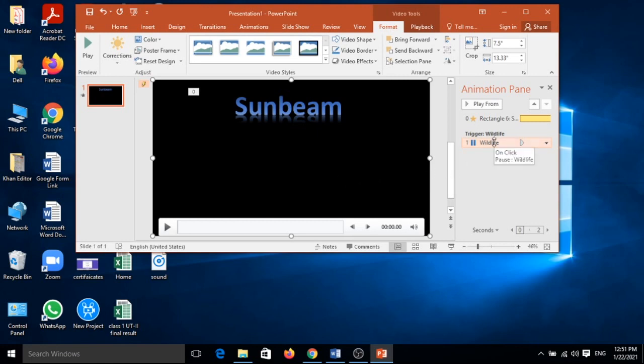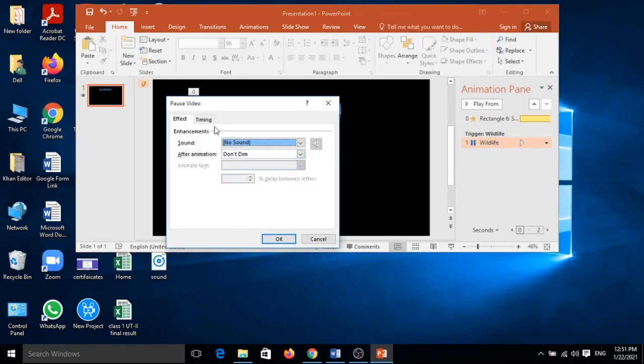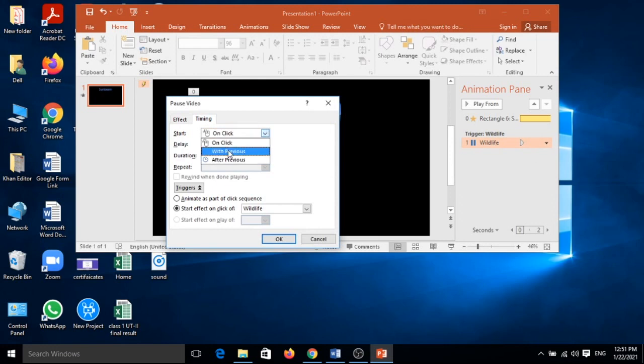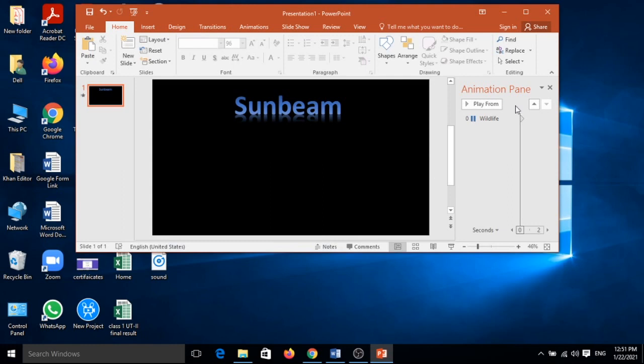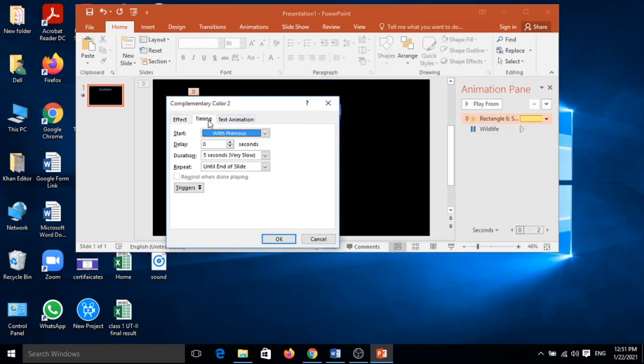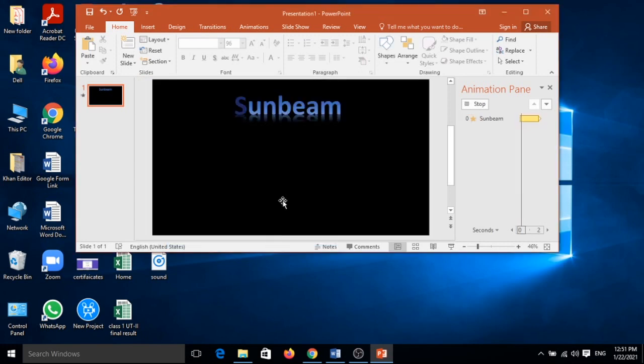Yes, double click on that one, and timing is given with previous, and OK button, and double click on it, and timing is with previous until end of the slide. Yes, I want to choose the medium. Yes, now press the F5 button to show it.